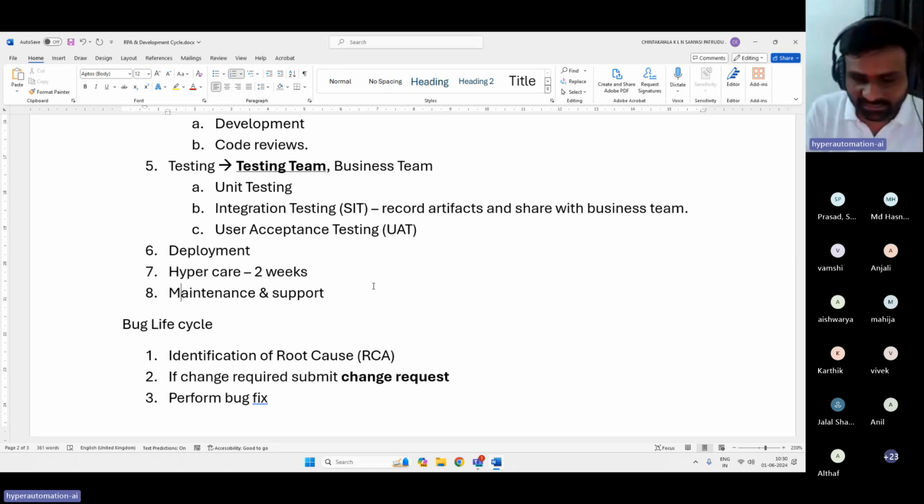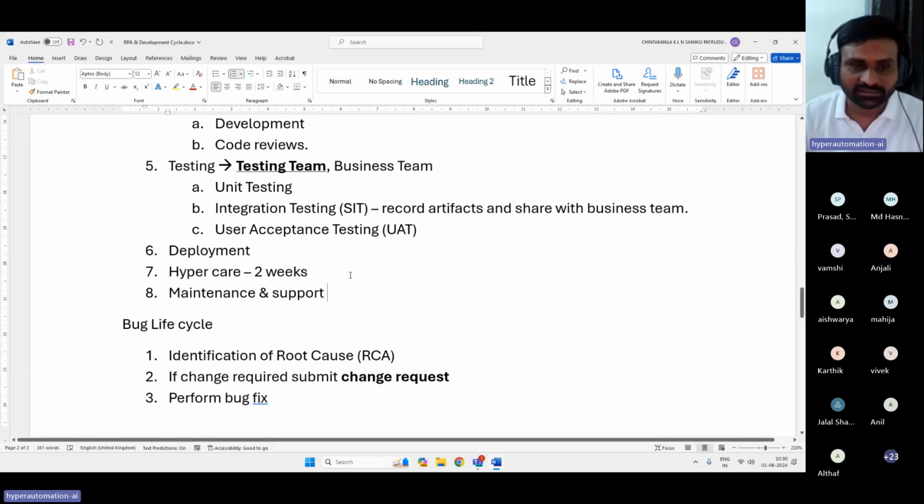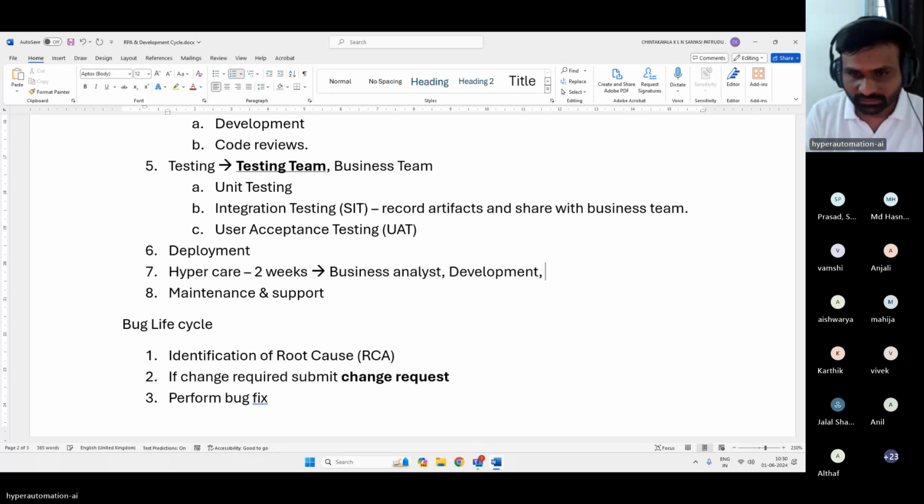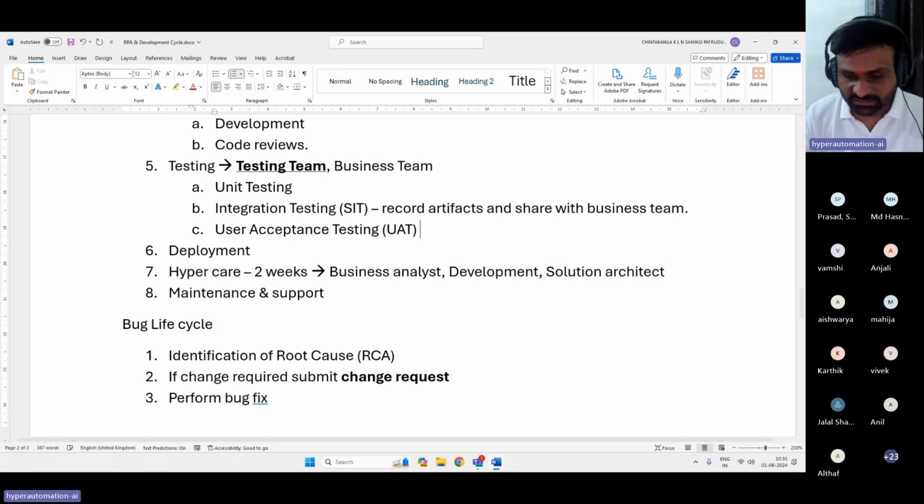And in the maintenance, right? See, here in the hypercare, you will have all these people. Everyone will be there. Business analyst will be there. Development team will be there. Solution architect will be there. And in the user acceptance testing, the business team and business analyst.